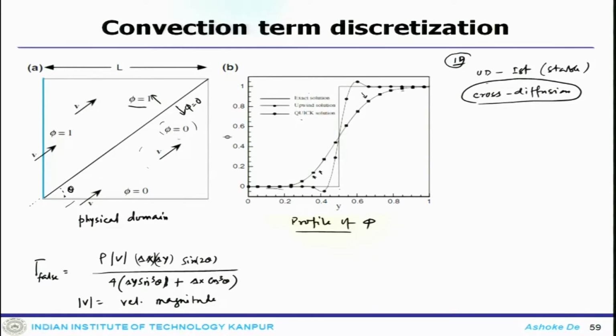Now, the error can be reduced by using higher order interpolation scheme, which we have also demonstrated like QUICK. QUICK is third order scheme. So, we have also obtained the discretization using QUICK scheme. Now, the QUICK scheme profile, if you see, shows quite close to the exact profile. So, except from this point and this point, the solutions are exactly matching with the analytical solution or the